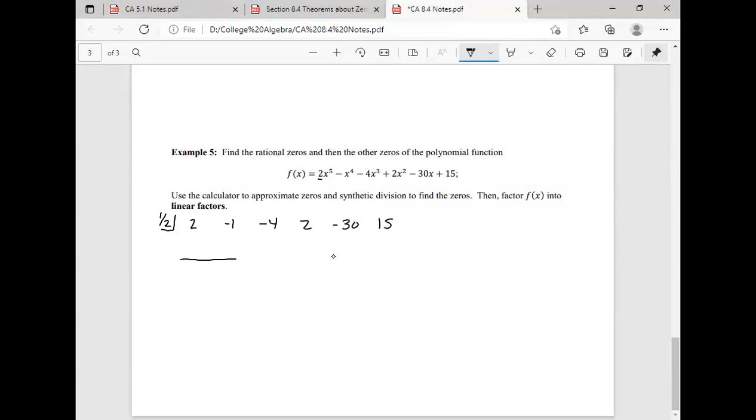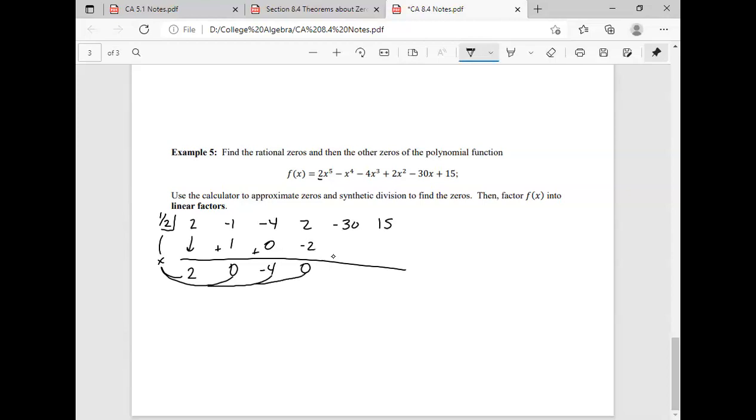Okay, I can use synthetic division to get me at least a little bit further. So I'm going to say 2 times 1/2 is 1. When I add these together, I get 0 times 1/2 is 0. Adding,